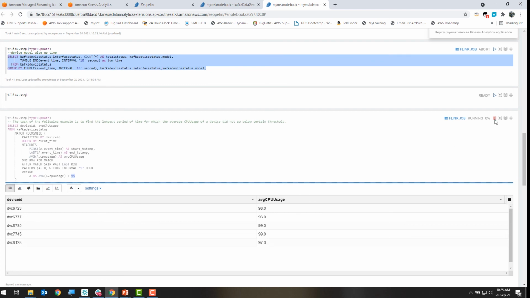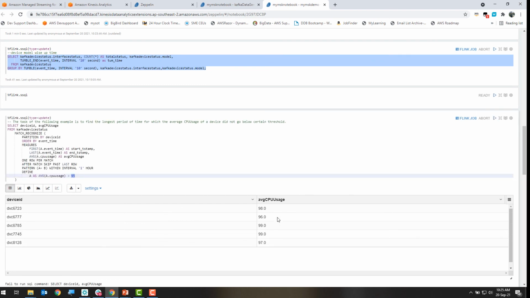And now, as you see, it has started identifying those devices based on the query I'm running, and this is one example where you can start now sending some alert. Maybe you're going to send those information to a different Kafka topic, and the example that I've shown in the reference architecture, where then a Lambda trigger can be configured with that Kafka topic to send notification based on the business rule that you define there. So that's about the demo. Let me switch back to the presentation.